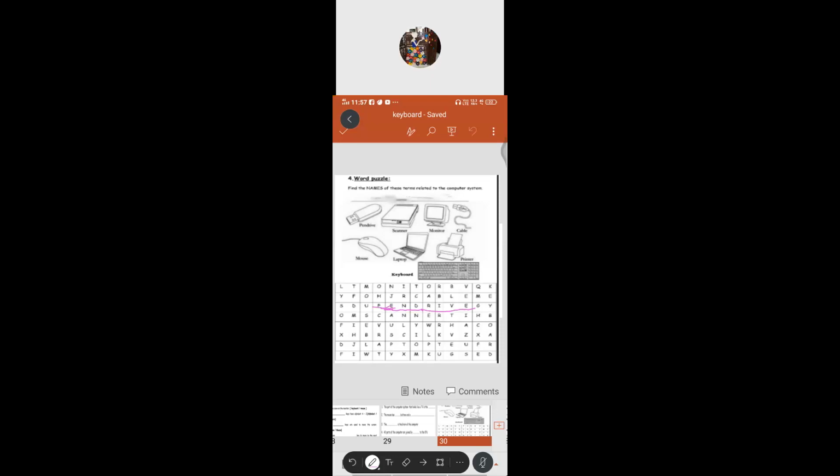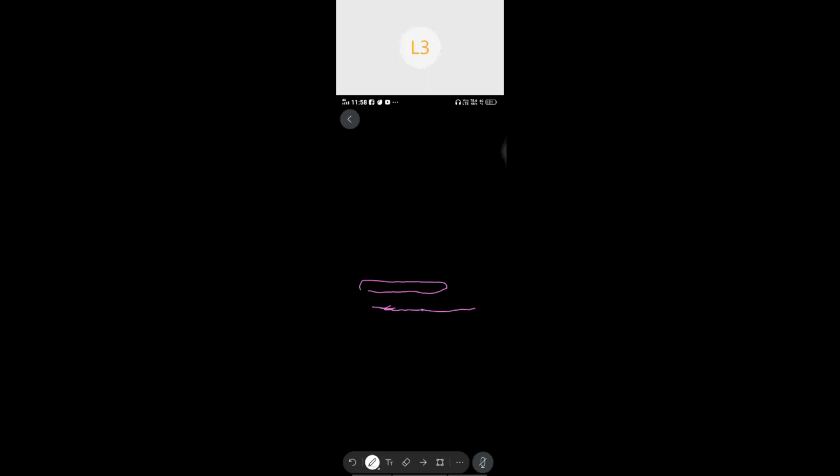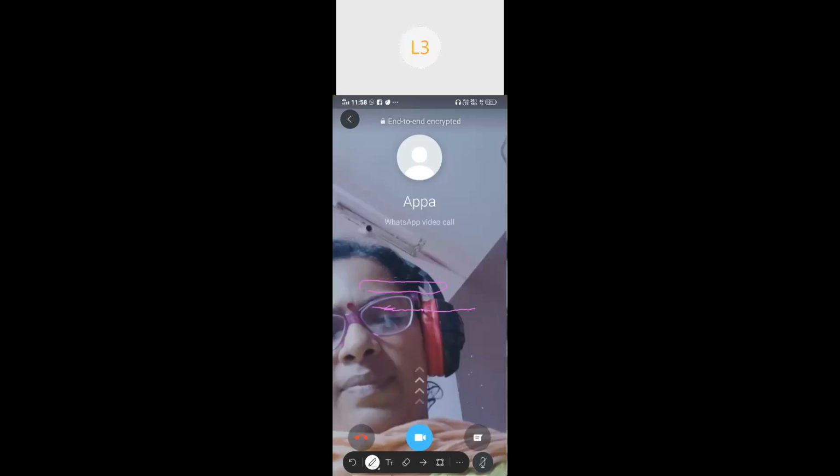Keyboard is on the right side, ma'am. Mouse is on the left side of pen drive. Monitor. Laptop. Ma'am, third line, mouse. Ma'am, your screen is black.